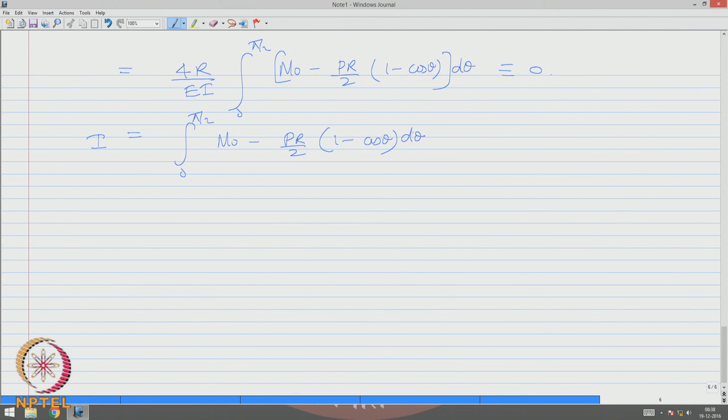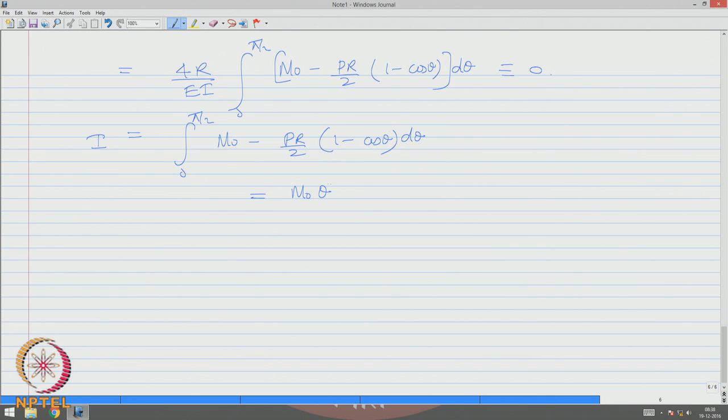Simplifying, it is going to be 4r by EI, integral from 0 to pi by 2 of M0 minus Pr by 2 times (1 minus cos theta) d theta, and this should be set to 0. Further, the integration from 0 to pi by 2 of M naught minus Pr by 2 times (1 minus cos theta) d theta will be equal to